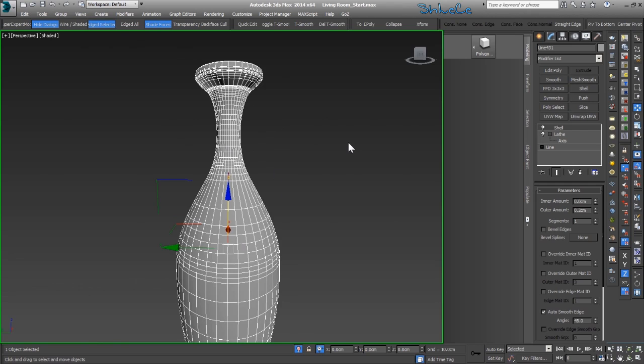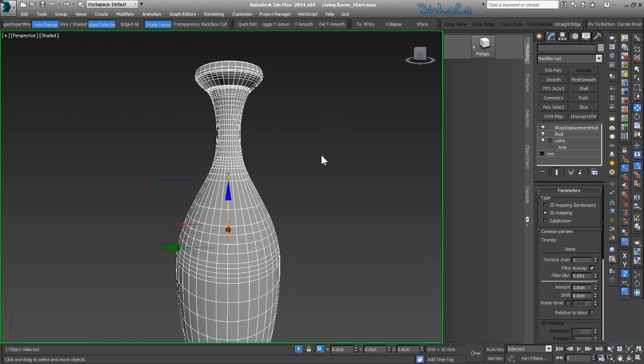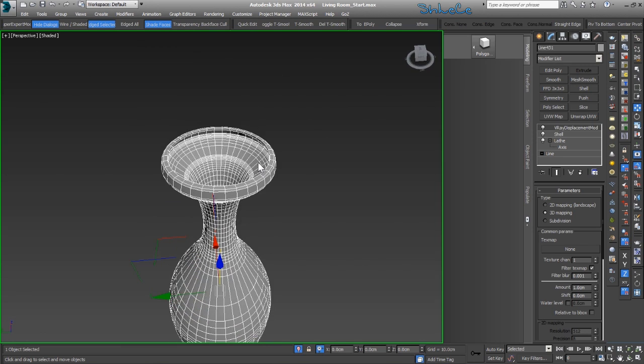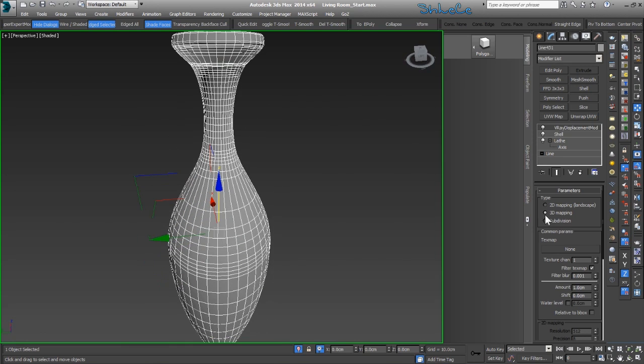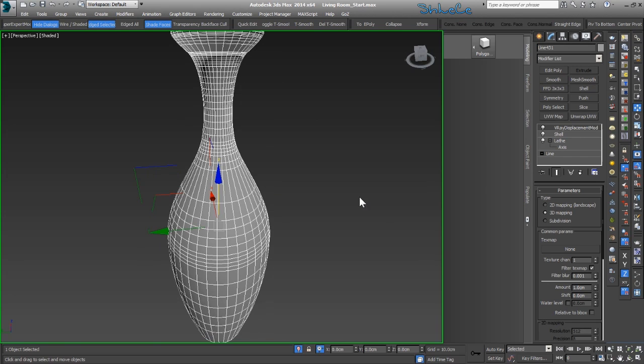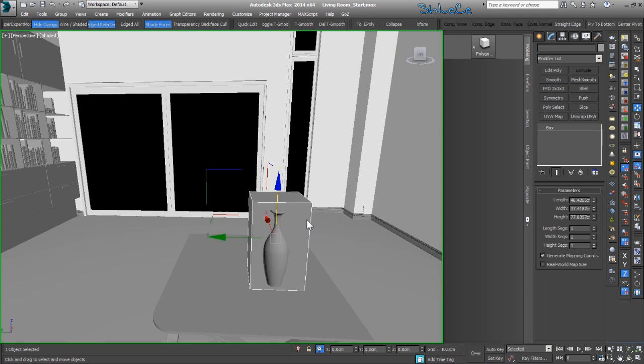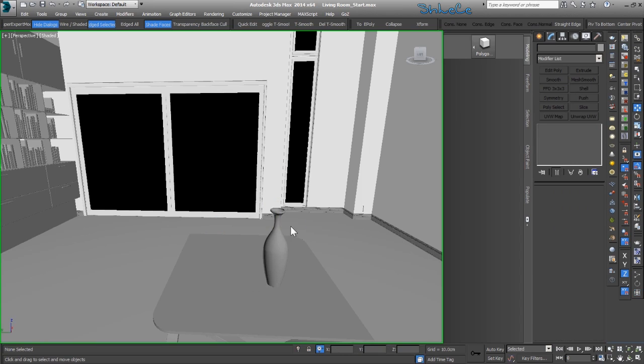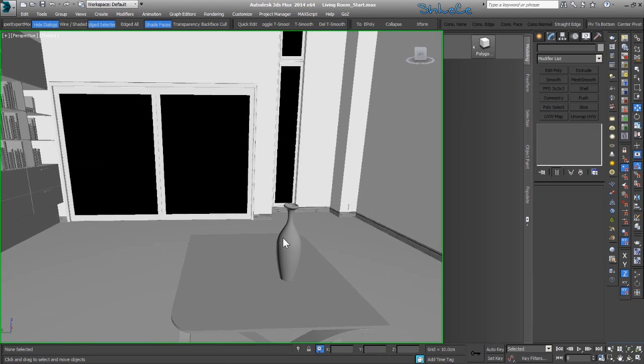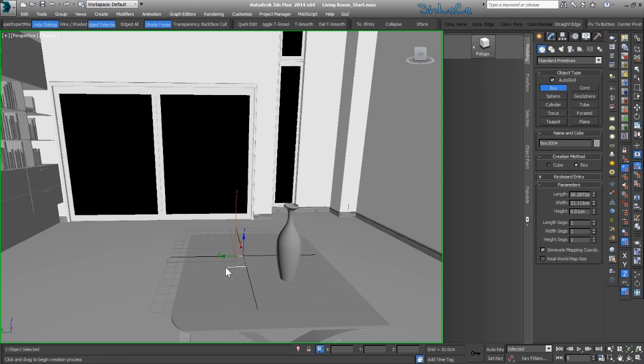That's fine. Now I'm gonna add a gray displacement on top, and in the shading tutorials we'll be adding a texture here. Now I can delete this box. Now let's create a box. I'm gonna make another box here, roughly this size,